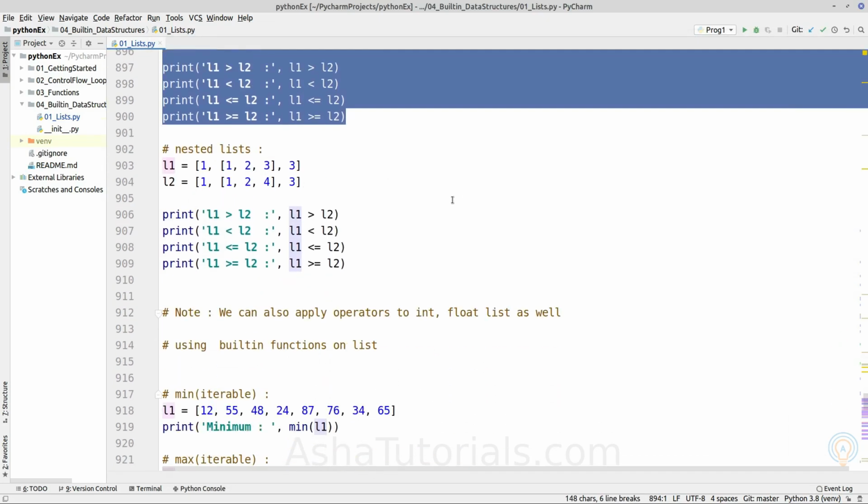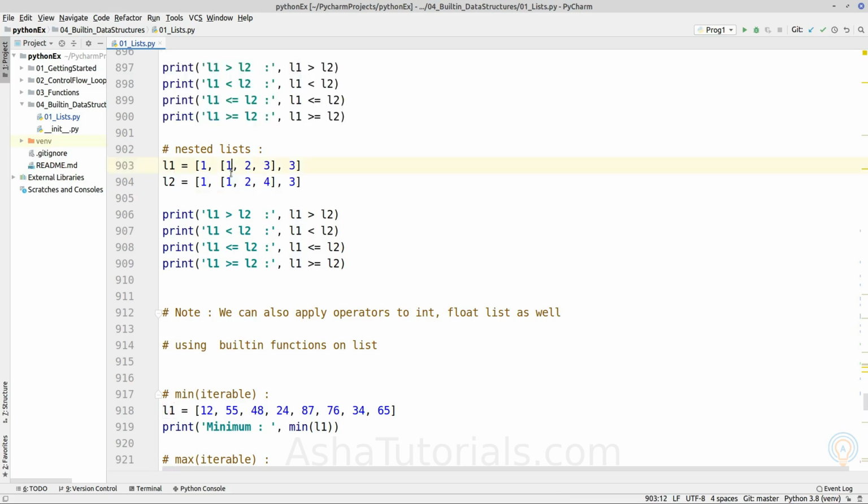Now if we have a nested list or two-dimensional list, it will also perform the operator comparison recursively inside the inner list. As we can see here, the first element is the same. The second list contains 3 elements, and at index 2 of the inner list the element is different, which will make list 2 greater than list 1.